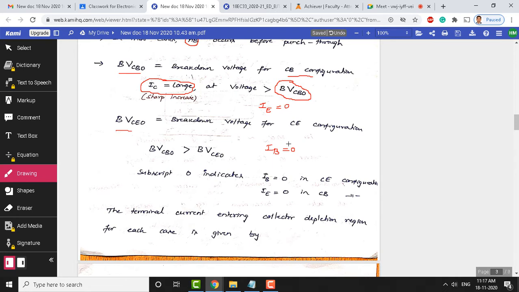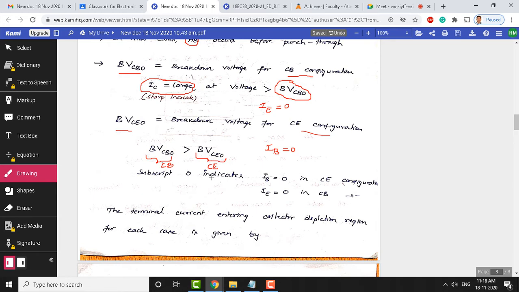Now, you can see under this condition again there is a surge in the collector current as well, that is what we have seen here. And now, when we compare these two breakdown voltages with the common emitter and common base configurations, these two configurations. So, B times VCBO, that is nothing but the common base configuration breakdown voltage, and this is with reference to common base breakdown voltage, and this is with reference to common emitter breakdown voltage. So, this common base breakdown voltage is much larger compared to the common emitter breakdown voltage here.